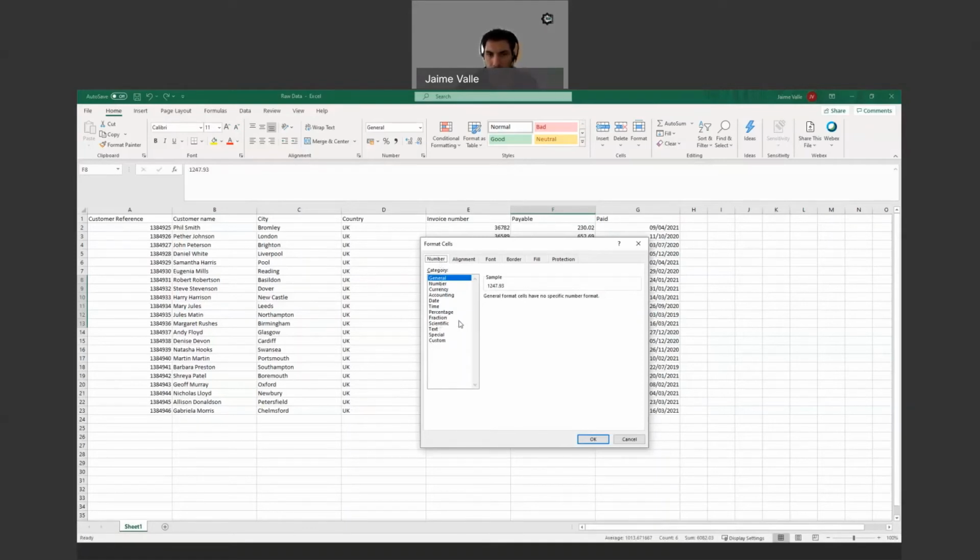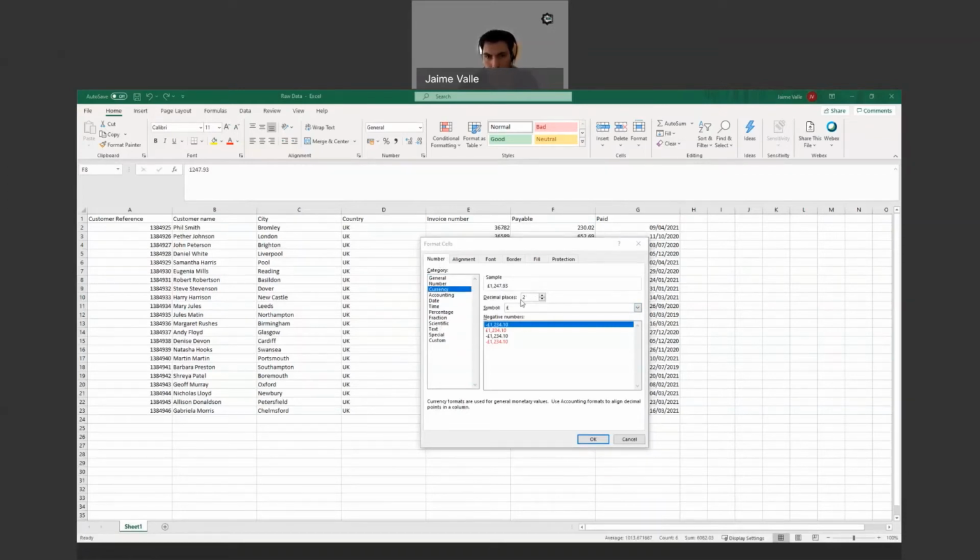Just go straight to Currency. If I don't touch anything, by default it will have two decimal places and a comma as the thousands separator. Click OK. I'm not touching anything else for now. I can, but not for this exercise.